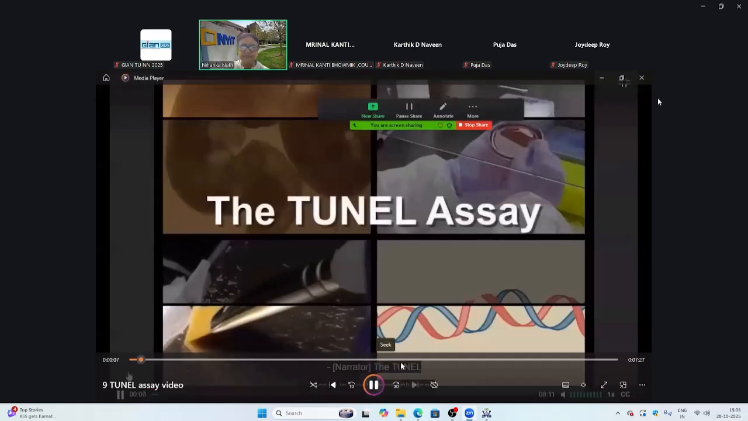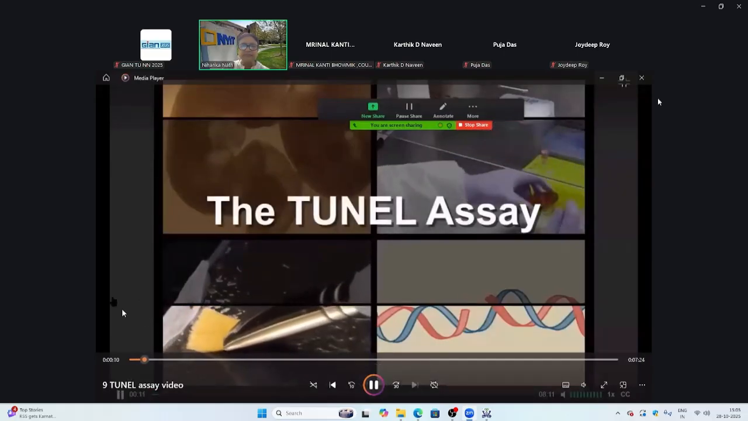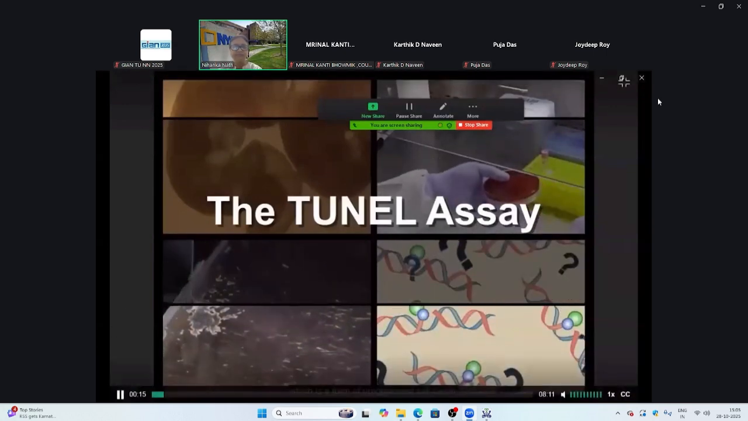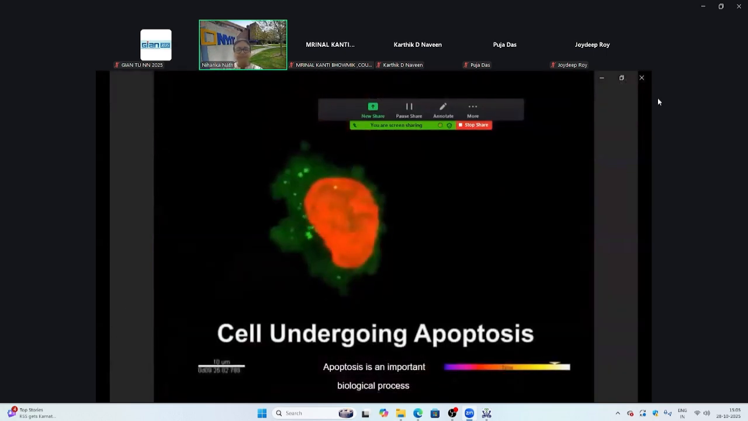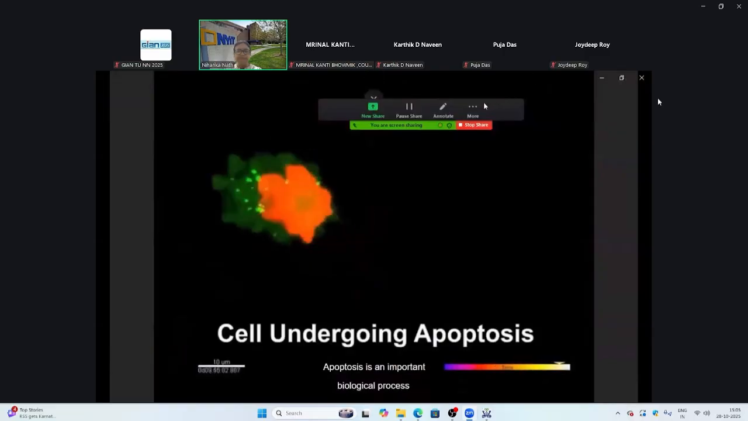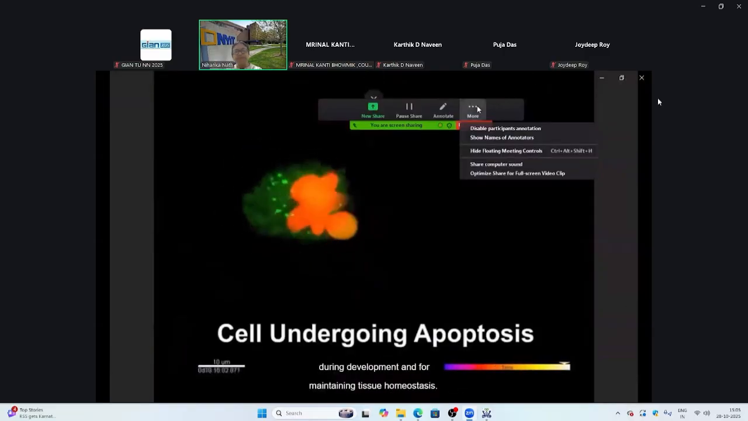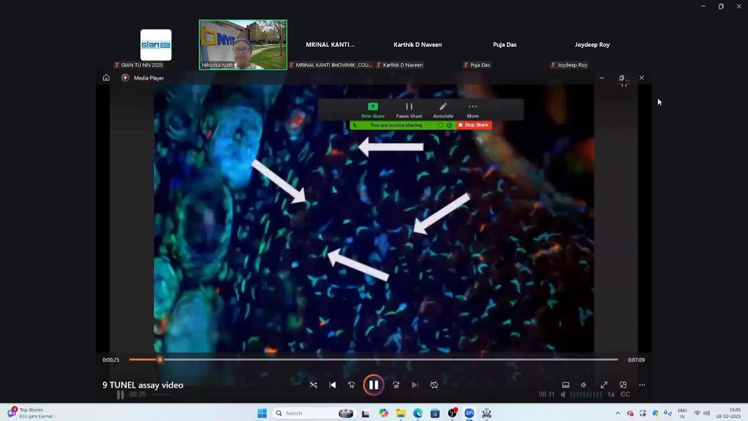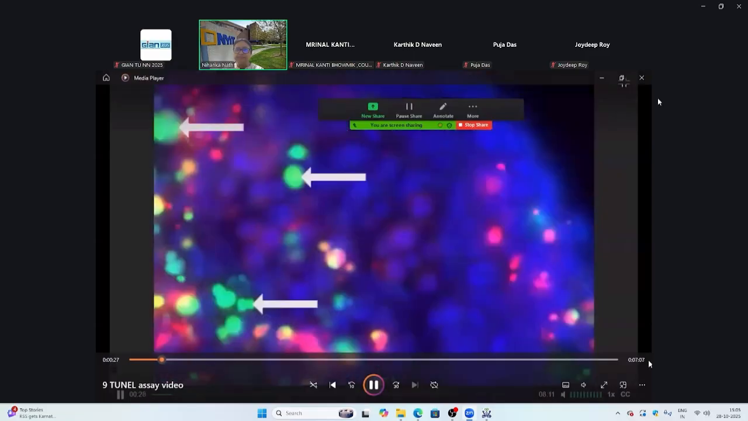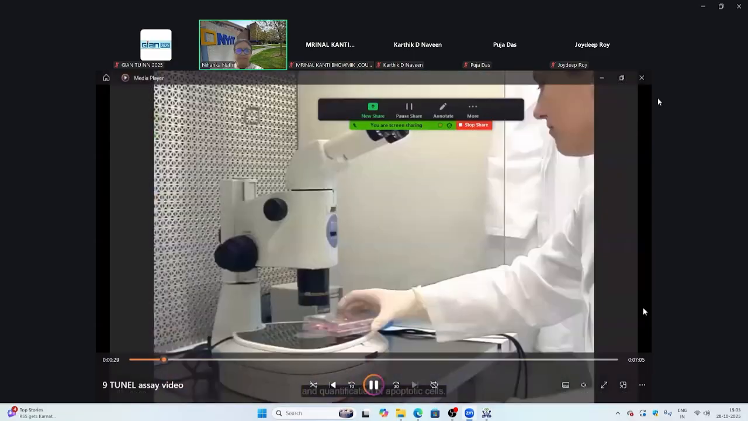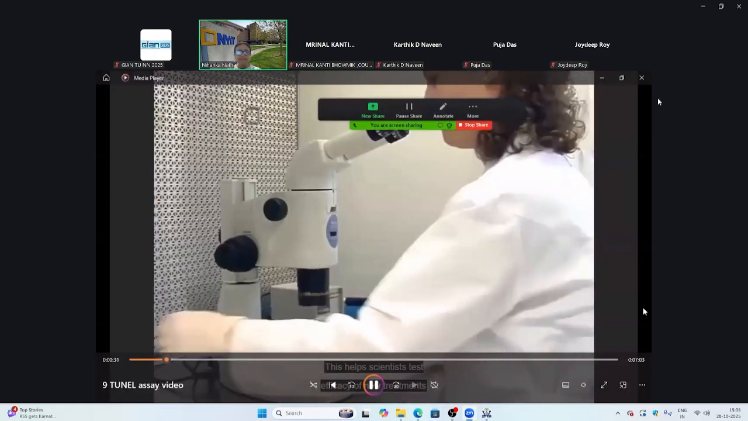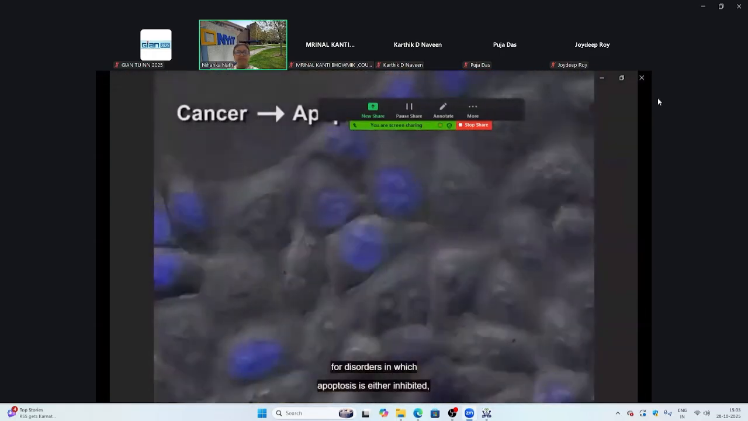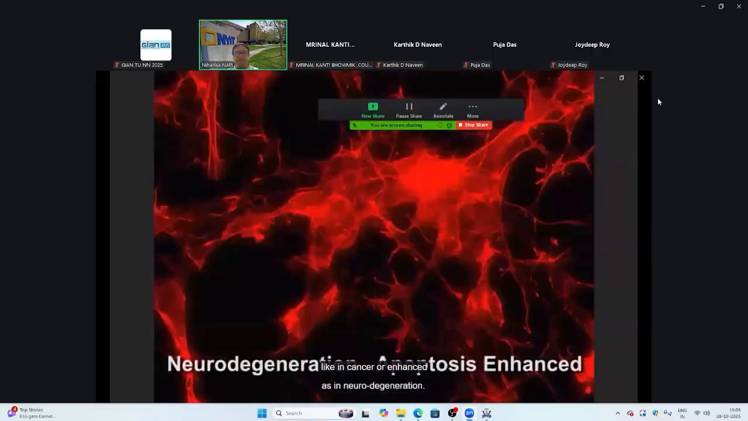TUNEL assay is most commonly used to detect cells undergoing apoptosis, which is a form of programmed cell death. Apoptosis is an important biological process during development and for maintaining tissue homeostasis. TUNEL staining allows for visualization and quantification of apoptotic cells. This helps scientists test efficacy of new treatments for disorders in which apoptosis is either inhibited, like in cancer, or